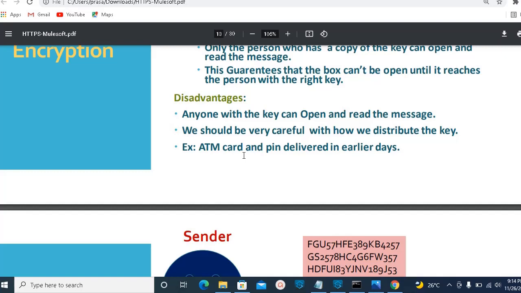They could not send it together, because if anyone mistakenly received that ATM card instead of you, and the PIN was also in the same parcel, they could happily use the debit card with that PIN. That is why the bank sent the ATM card first, then the PIN in a separate courier. That happened in earlier days to make it secure.